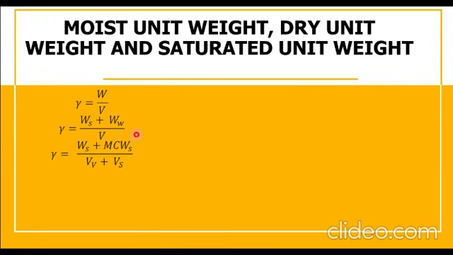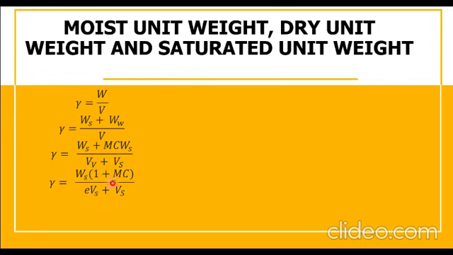If we substitute WW is equal to MC WS, from the formula of the moisture content, which is equal to WW over WS. And then, the total volume of soil, as we all know, is VV plus VS. And therefore, when we take out the WS, this will be equal to WS times 1 plus MC all over